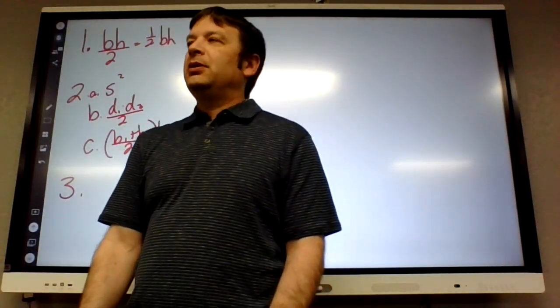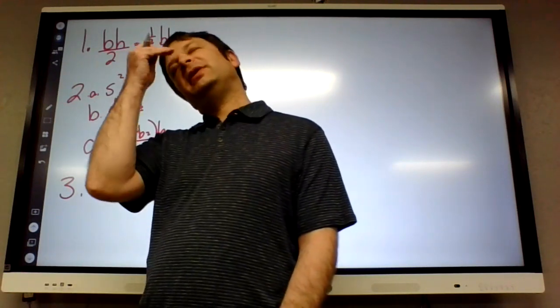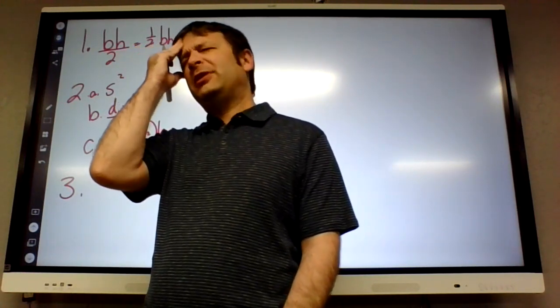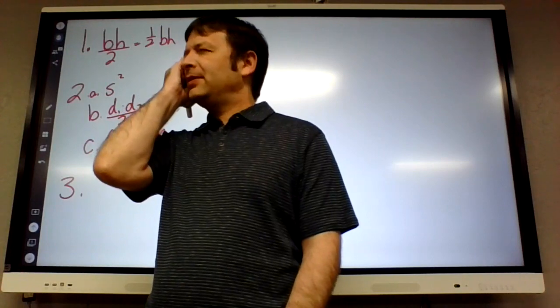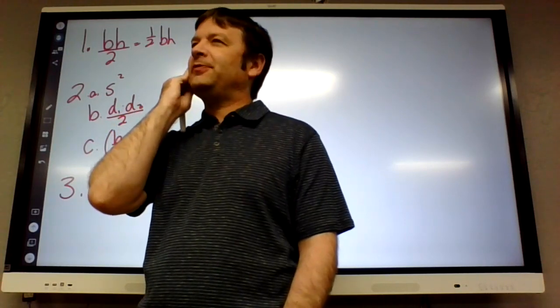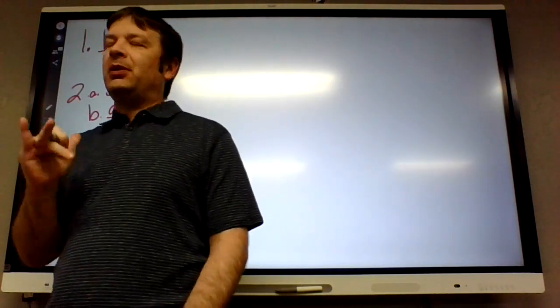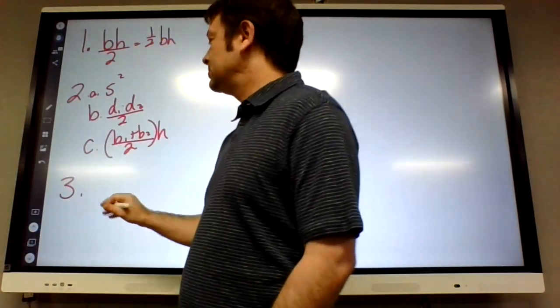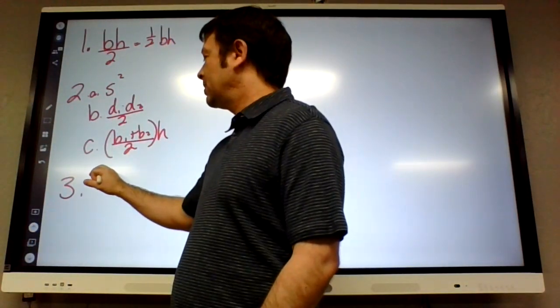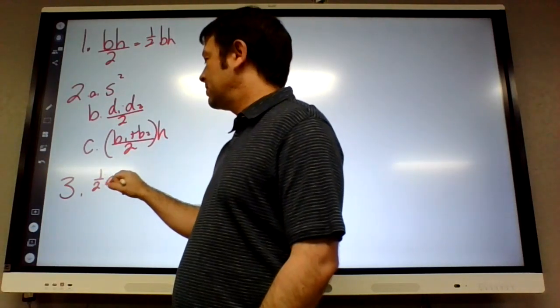Number 3. Okay, how do we find the area for, you guys might have forgotten this formula. The other class kind of slowly figured it out, took a while. How do we find the area of a regular polygon? Base times height? No. Wow. Oh, that's this very last one, one half times,